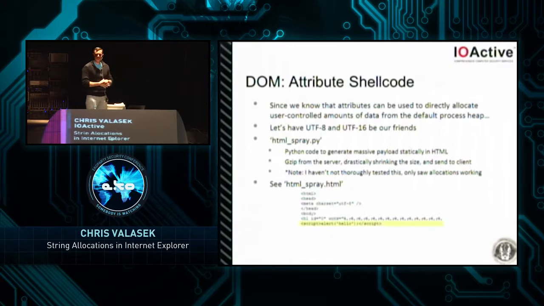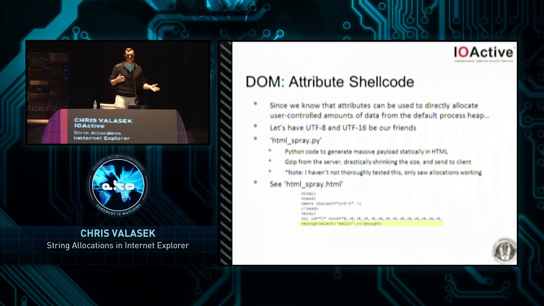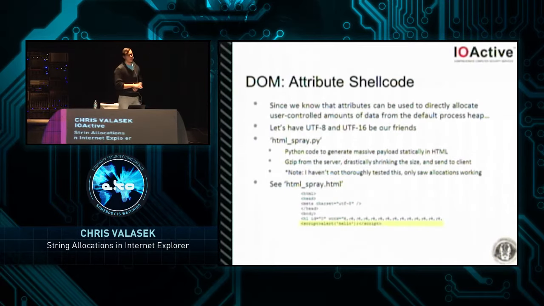Another neat idea I came up with, which I'm not really sure if it will work, was using attributes specifically to write shellcode. My idea was you could potentially heap spray without using JavaScript at all, which doesn't make much sense because usually you're going to have to use JavaScript to trigger your use after free bug, but I thought it'd be cool. So I created another Python script which will assign shellcode in large amounts to attributes that creates